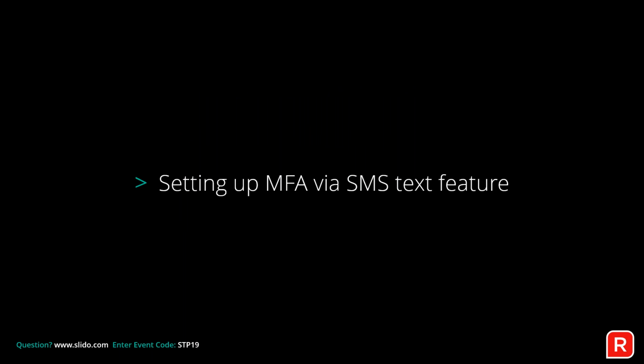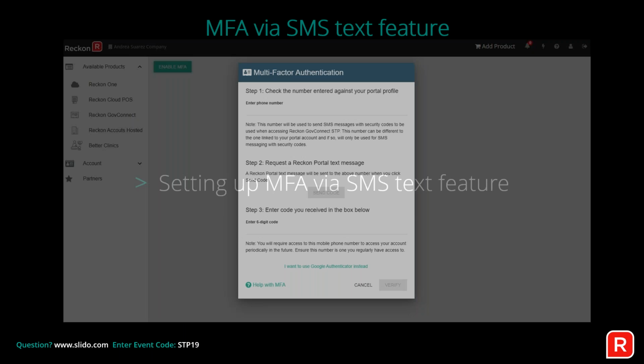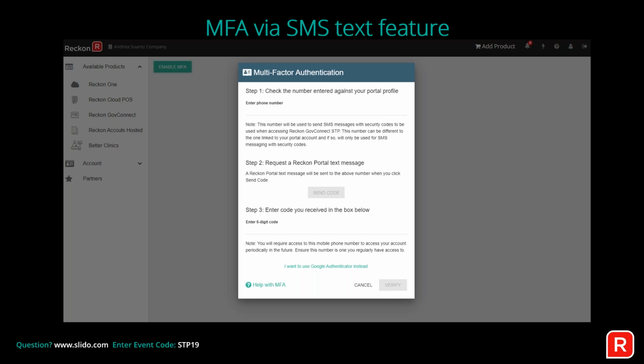Okay, so I'll go through how to set up MFA with each option. So, setting up MFA using the SMS text feature. Once you have been prompted to set up your MFA, you need to enter in your mobile phone number, send the code, and that 6-digit code will be sent to your mobile, and then you enter in that 6-digit code within that space and then verify. If you don't want to use the SMS text feature, you can click on I want to use Google Authenticator